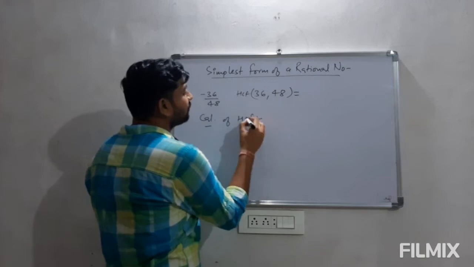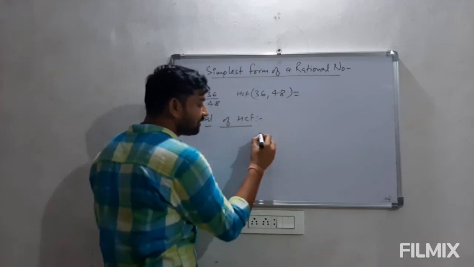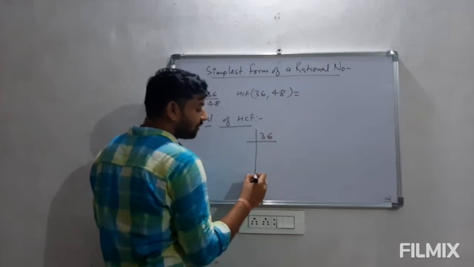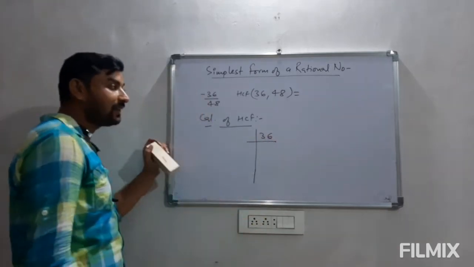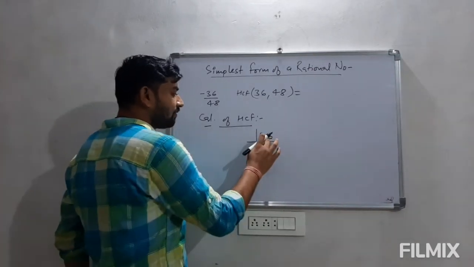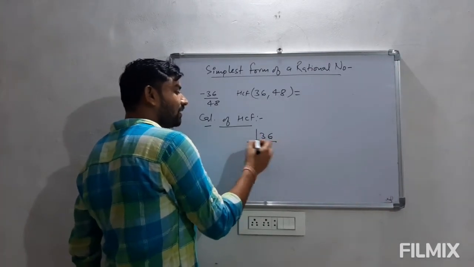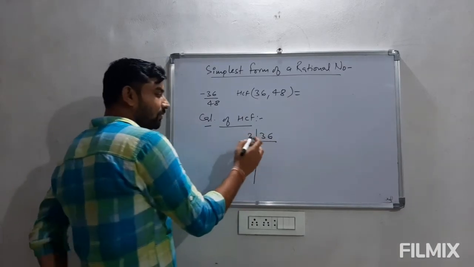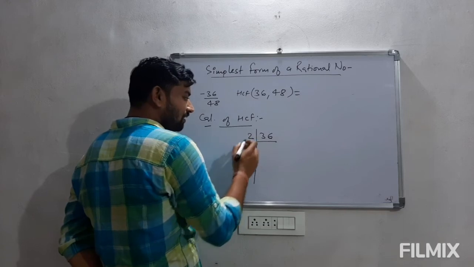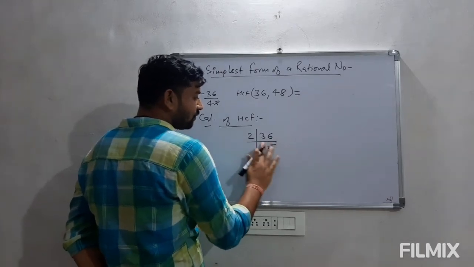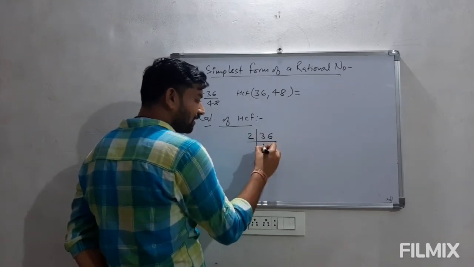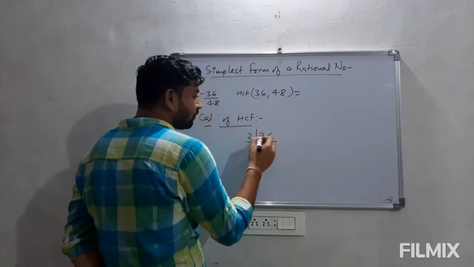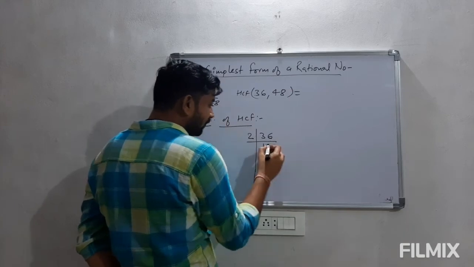what we have to do, we have to use a very simple method that is called prime factorization method, which is we have to divide these numbers separately by prime numbers one by one. Let us start with 36. We can divide it by 2 first. The smallest prime number is 2. We will start from there. Dividing by 2, 3 divided by 2 gives 1 with remainder 1, and 1 and 6 together make 16. So when we divide 16 by 2, we'll be getting 8.